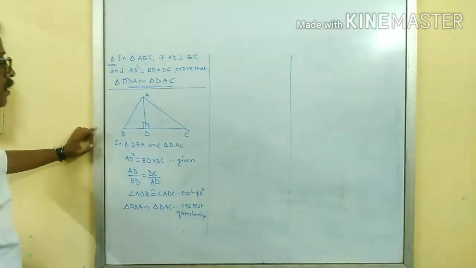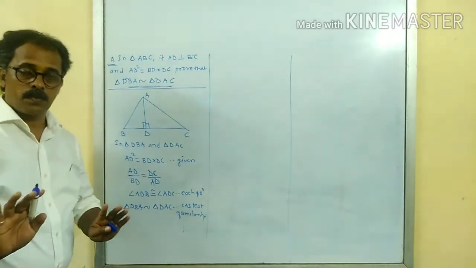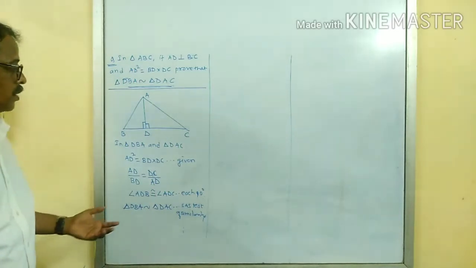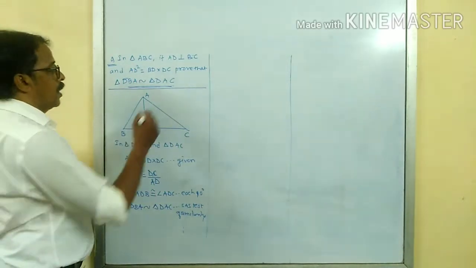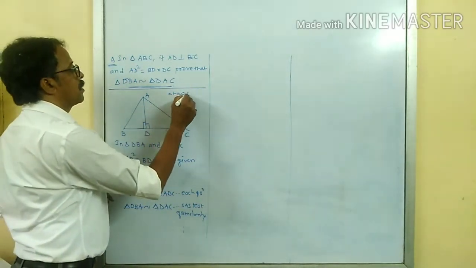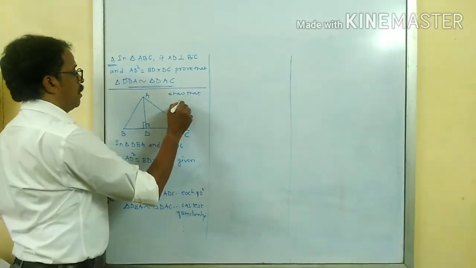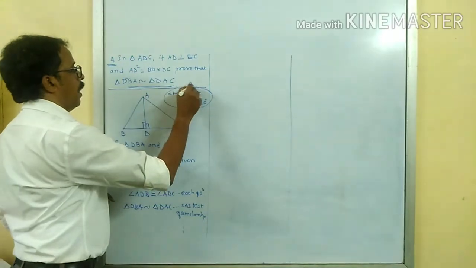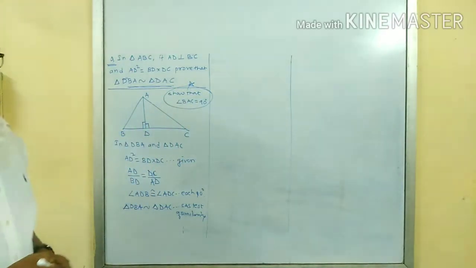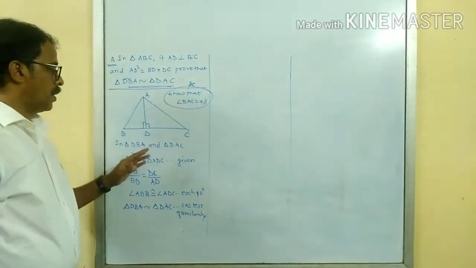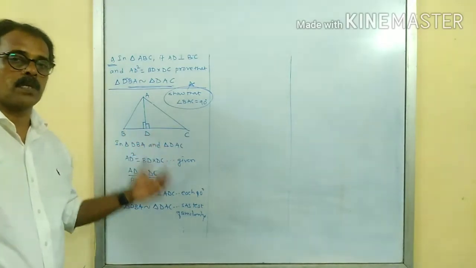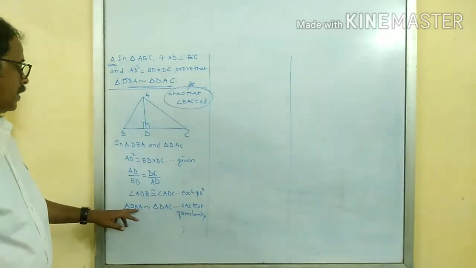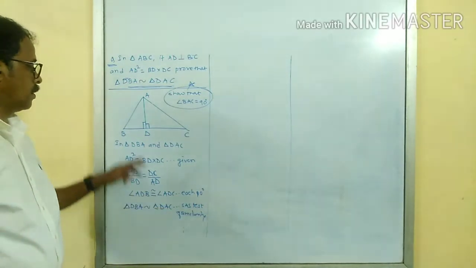Just I have taken a question which is not included in your textbook, just to give an idea from outside the textbook. Another question they could ask: show that angle BAC is equal to 90 degrees. This is my additional question for you. How to go ahead with it? Nothing else, just go ahead with the same concept. How are we saying that angle BAD? Now you could say that angle BAD is congruent to angle ACD.